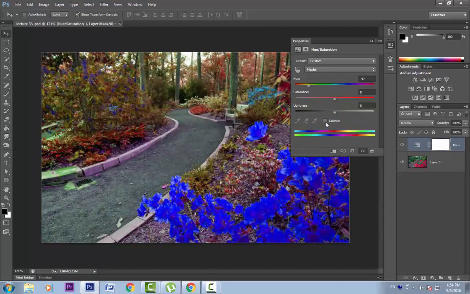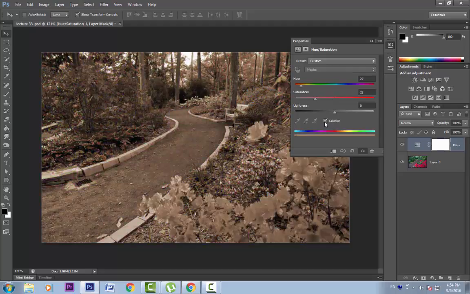Now here we have this option called colorize. If I click it on, it will give a tint to our picture. We can change this tint to any color with this hue slider. It has given a single color, single tint to the whole image, but as we set our slider, we can give it any tint. With saturation, we can make this tint more intense or desaturate it.